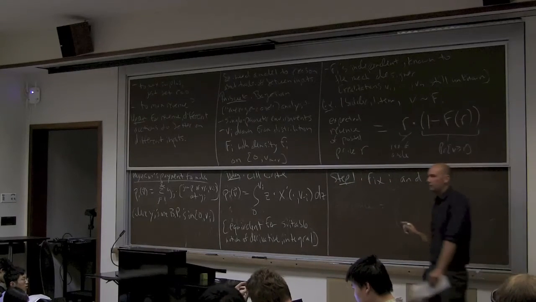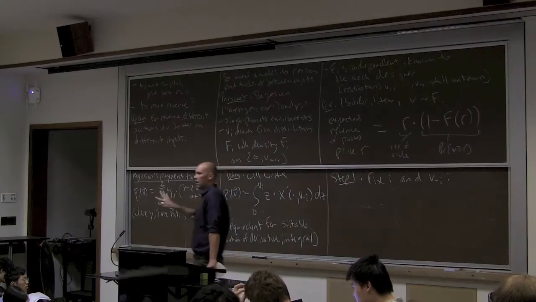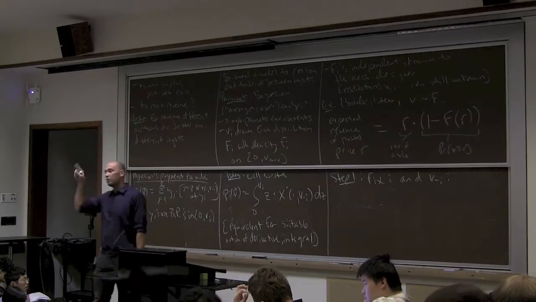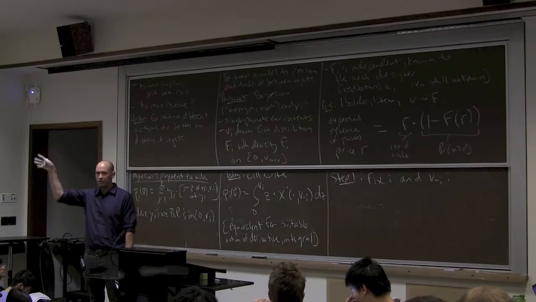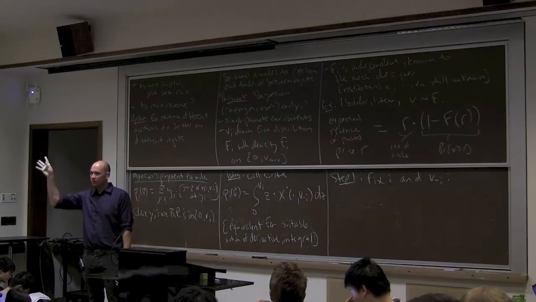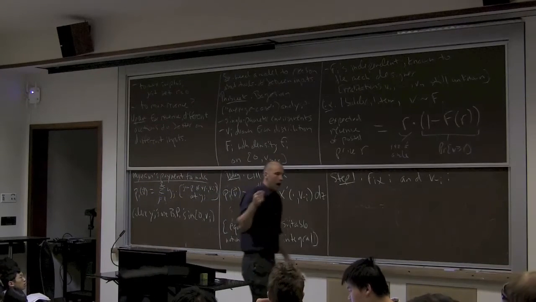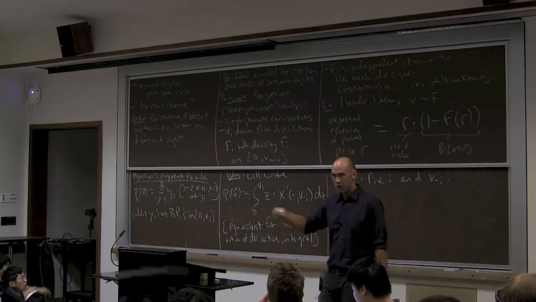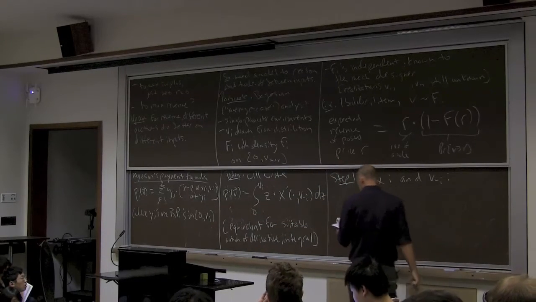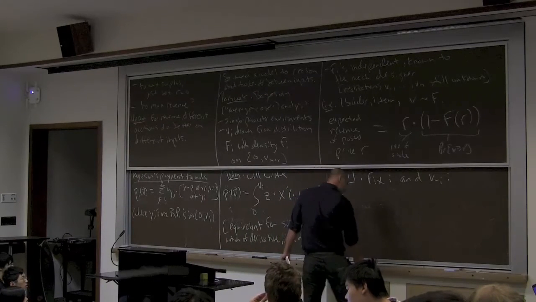So fix a bidder i. For now, fix the valuations of the other bidders, v_{-i}. Remember, those are random. Every v_i is drawn from a distribution, so v_{-i} is from some joint distribution. But for now, just condition on what it is. Fix v_{-i}. Bidder i's valuation we haven't fixed. So i's valuation is random, drawn from F_i. So by the payment formula,